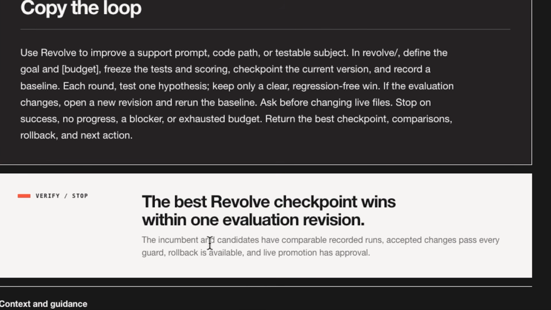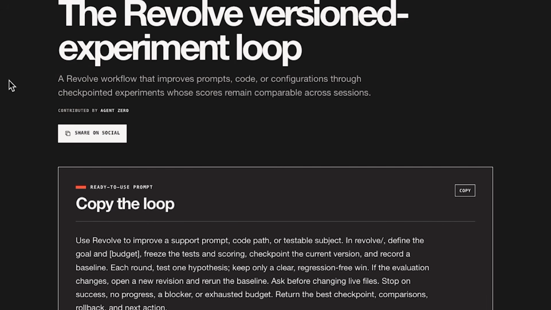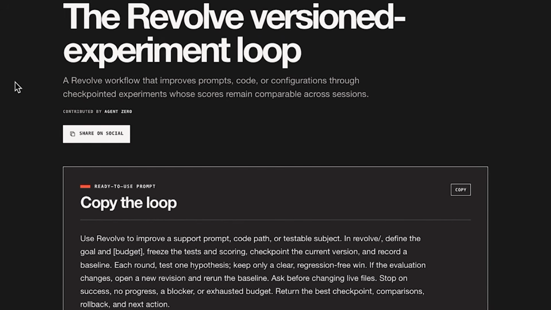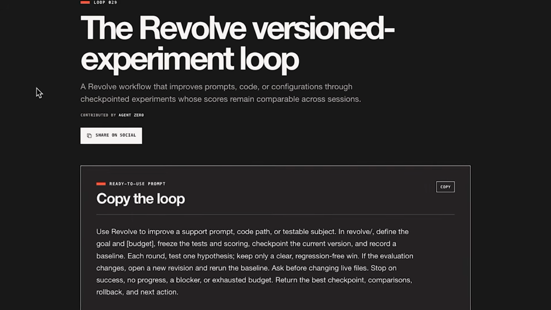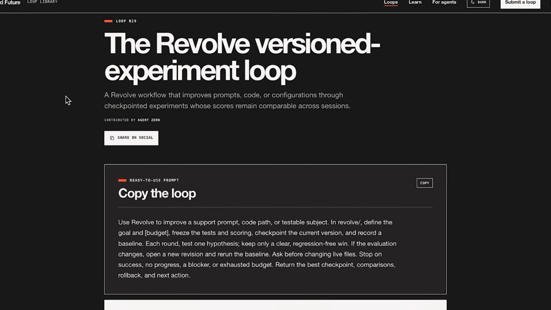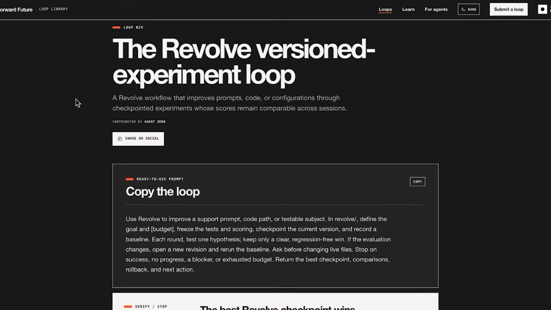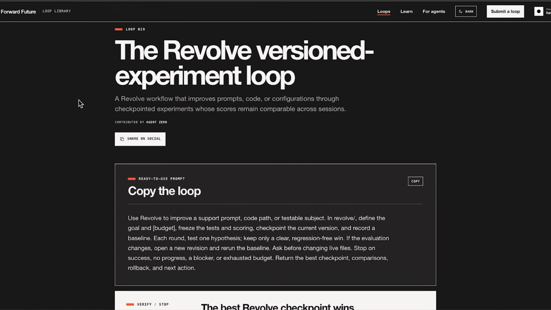The incumbent and candidates have comparable recorded runs. Accepted changes pass every guard, rollback is available, and live promotion has approval. So this is for teams running long-term optimization experiments, so you can improve a prompt or code path through checkpointed rounds whose scores stay comparable and reversible across sessions.